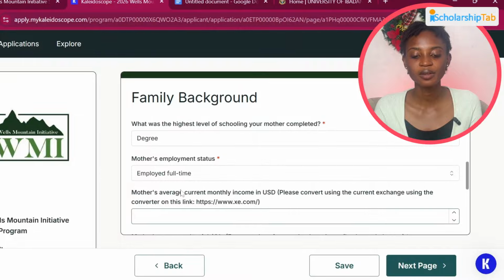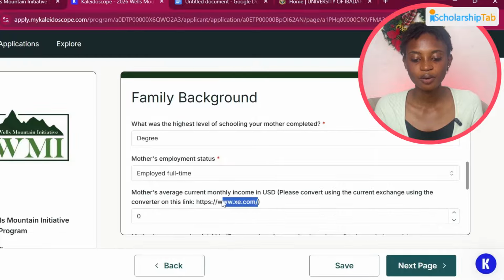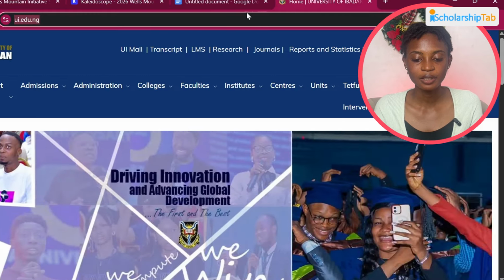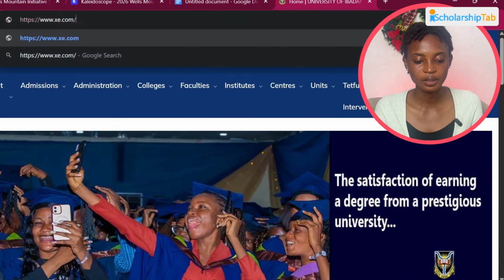So what is your mother's average current monthly income in USD? Ensure you are converting this correctly. They provided a link you can use. So just type in the link